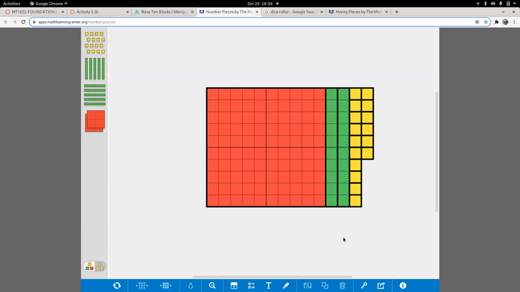So I can make this look different by taking this 10 and trading it in for some ones. I can even draw on the screen, which is kind of fun, but it doesn't work with my magic pen. So I've rewritten 136 to be 100. I think I should type this instead. This is kind of painful on my touchpad. I think it's more painful with a mouse though. And then I have 2 10s